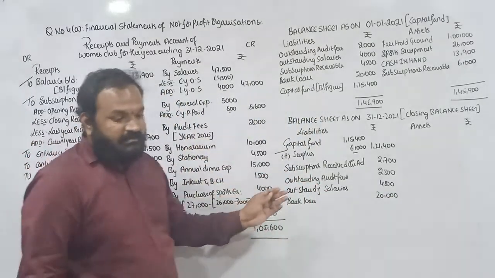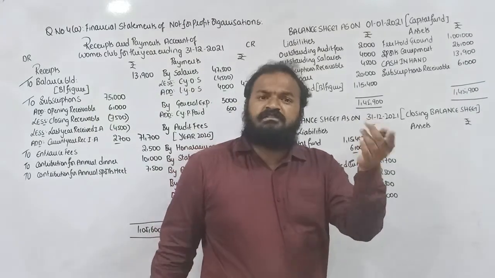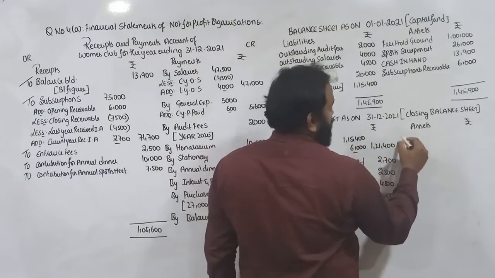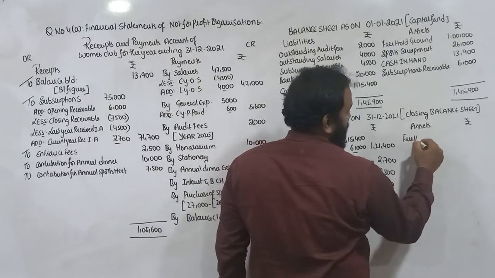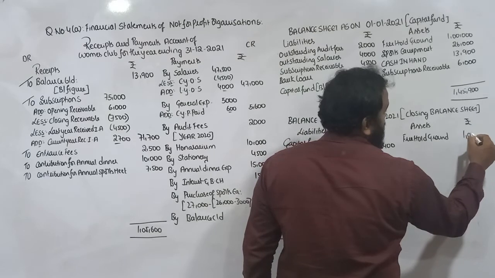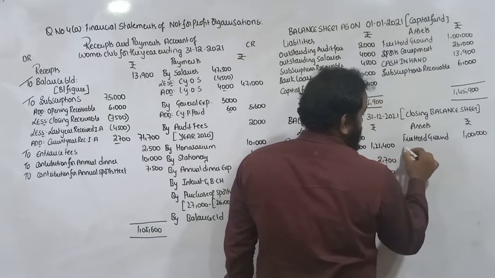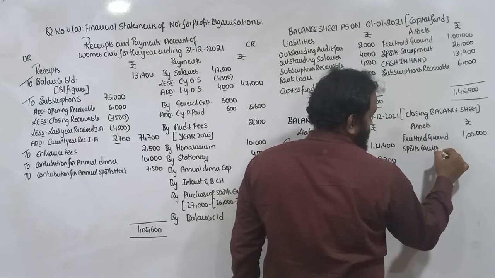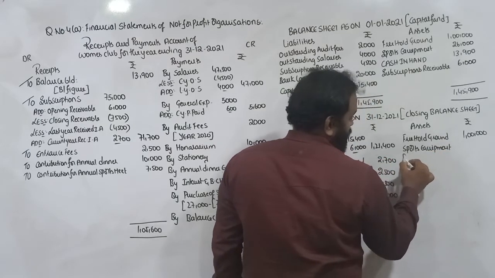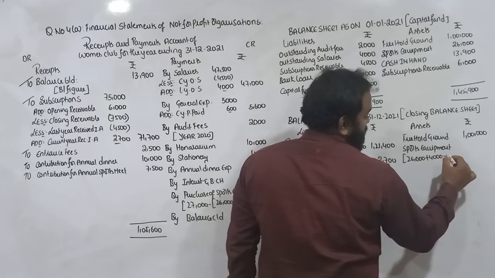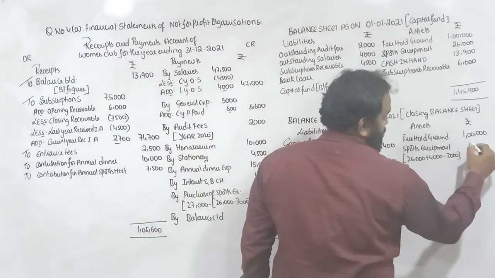20,000. Next, coming to the asset side. What is the closing value of sports equipment? They have given 27,000. First, start with freehold ground. Okay, how much? It's 1 lakh. Land has no depreciation. Next, sports equipment. So in opening how much was there, 26,000, during the year how much did we buy, 4,000, minus depreciation 3,000,